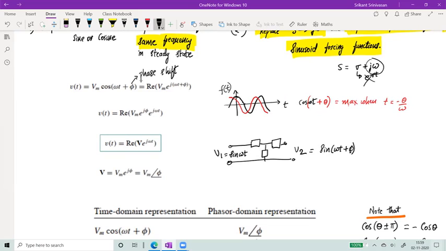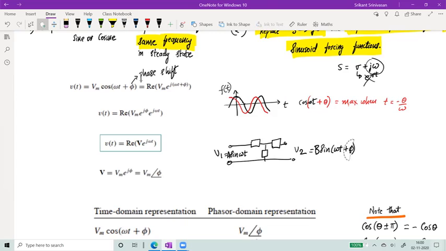Okay. Now two things can change. The phase can change and the magnitude can change. So I can say that this is B and let's say this is A. So my input has some magnitude and frequency. My output will have a different magnitude because the output depends on the ratio of the various impedance blocks, but the frequency is going to be exactly the same. And therefore, the only difference I can expect is a change in the magnitude and a change in the phase.